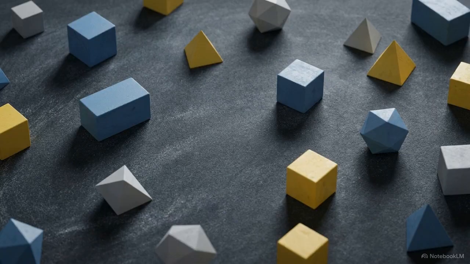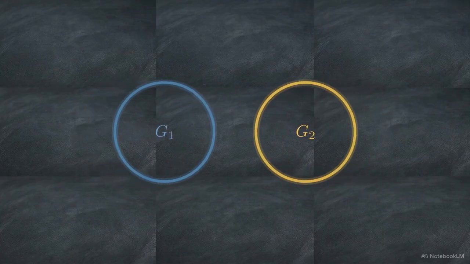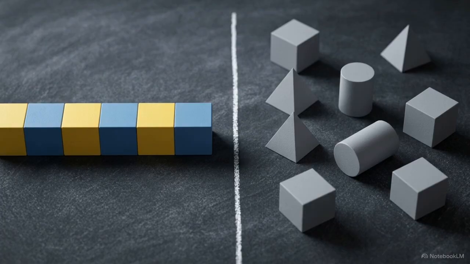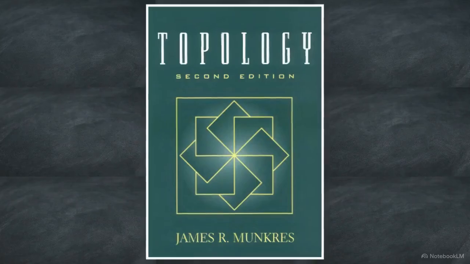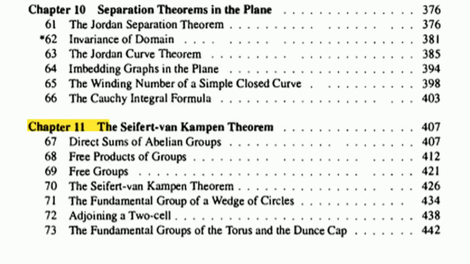axioms of group theory. To understand how spaces merge without introducing hidden dependencies, we first have to learn how to combine groups without letting their individual rules interfere with one another. We are going to build this logic through two specific structures, the free product and the free group. Our guide for this construction is James R. Munkres' Topology. This material marks the start of the text's focus on the Seifert-Van Kampen theorem, specifically detailed here in